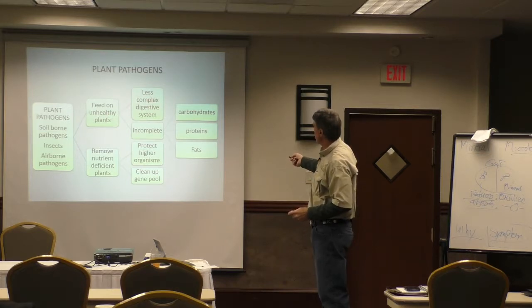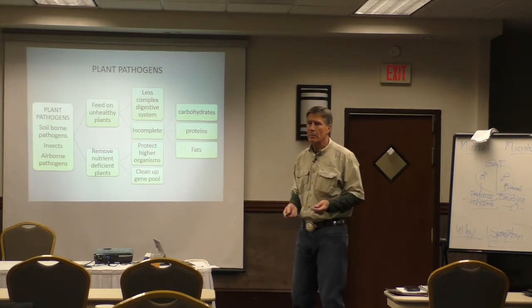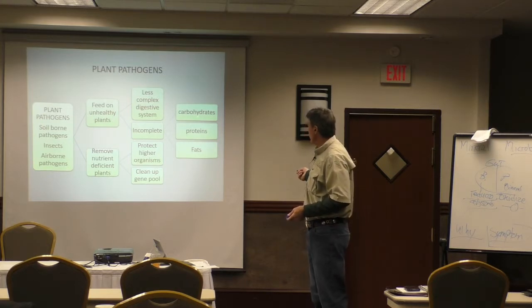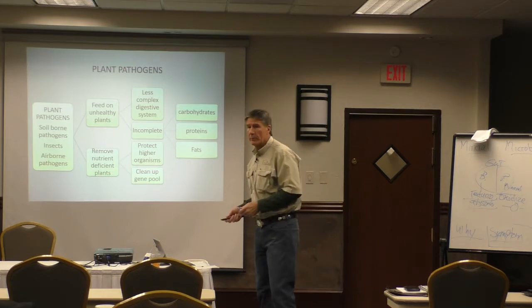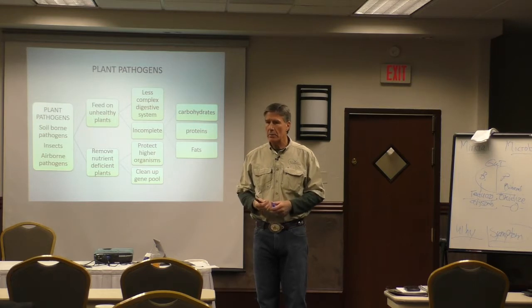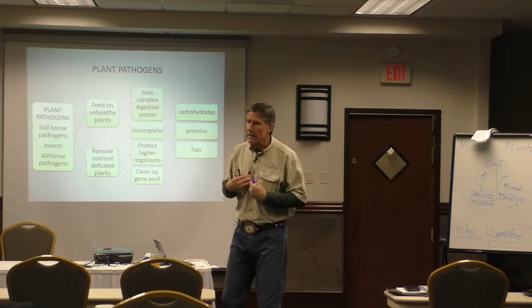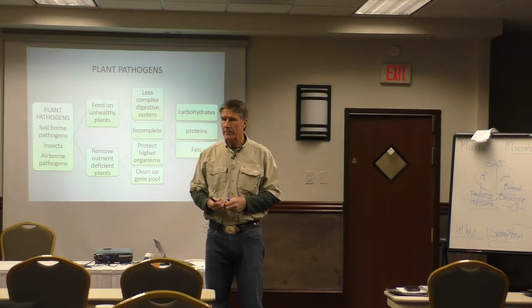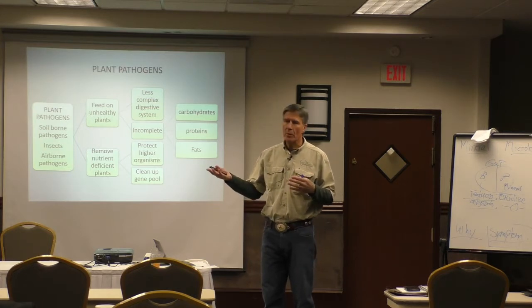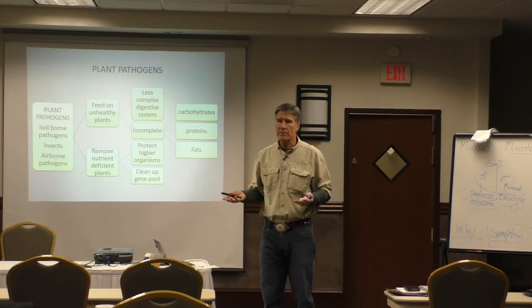Everything a pathogen eats has to be less complex. They have a less complex digestive system. It has to be incomplete. These food components can't be in the right form. Our tissues, when they're not in the right form, disease and pathogen can find them. Okay? Now, the pathogens have a role in nature. They clean up the gene pool. And they're supposed to prevent us from eating things that are unhealthy. So, for example, we don't see a lot of aberrant growth deformities in nature because nature calls them out.